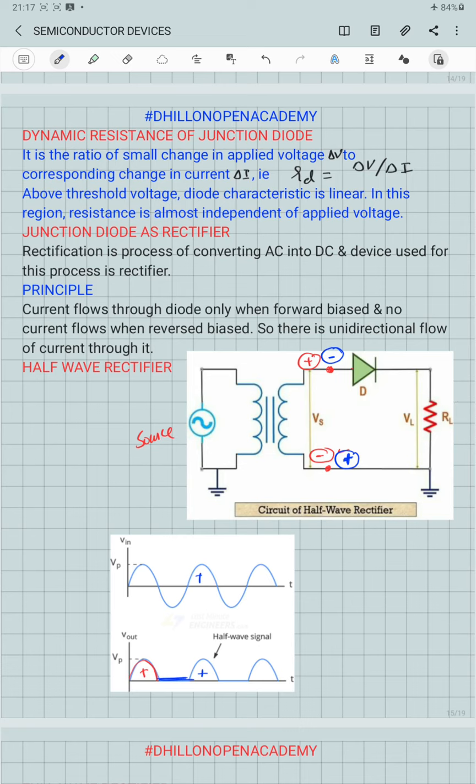So in this way, every time a positive half cycle appears across the diode, at the output across the load resistance RL, we also have a positive half cycle. But every time a negative half cycle appears across the diode, it reverse biases the diode. So the diode shuts down, due to which the voltage across the load resistance is 0. So every time a negative half cycle is there, the voltage across the load resistance at the output is 0.